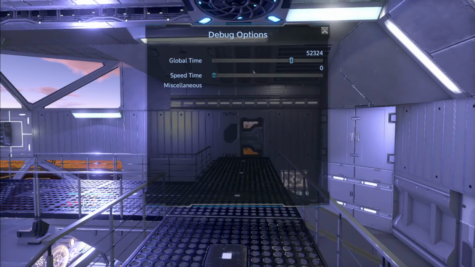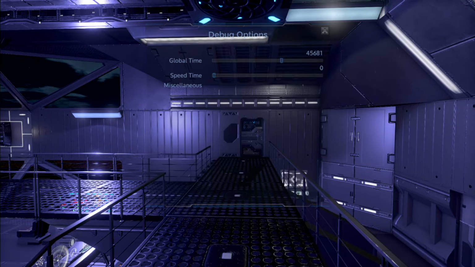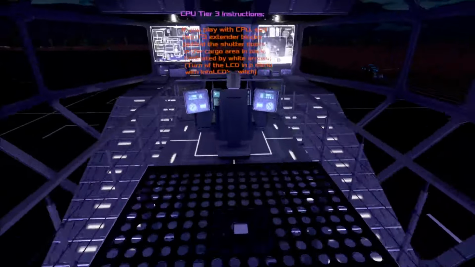All right, so here, let me get aboard here a second, and I'm going to adjust the lights a little bit and get out of God mode as well. Take a walk around the ship here. It looks like it's pretty well lit. All right, so coming into the bridge area of the ship, at least we got our